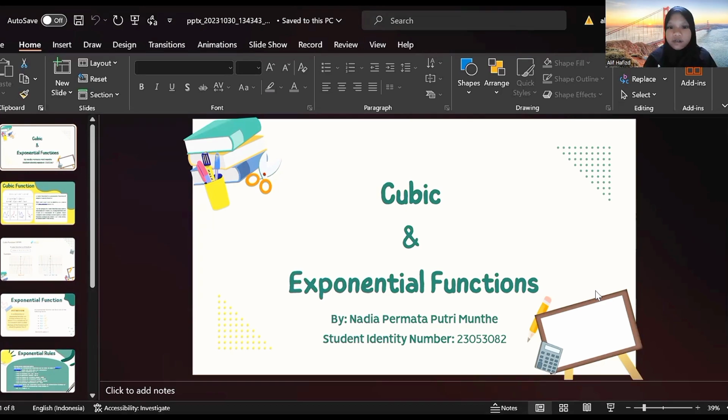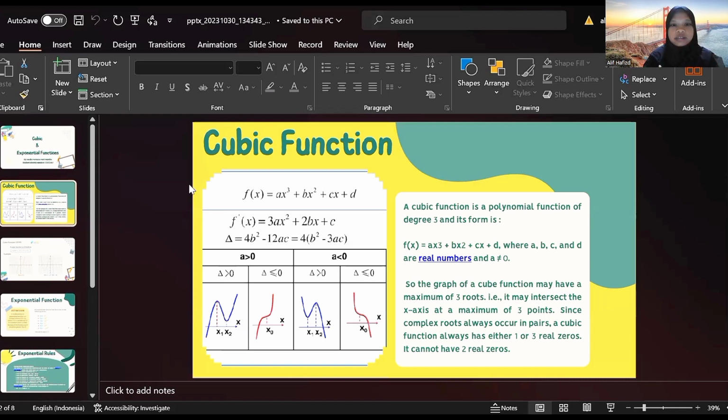So I will explain about cubic and exponential functions. So we start from the first slide. So this is the cubic function, and I will explain a little bit. A cubic function is a polynomial function of degree 3, and its form is